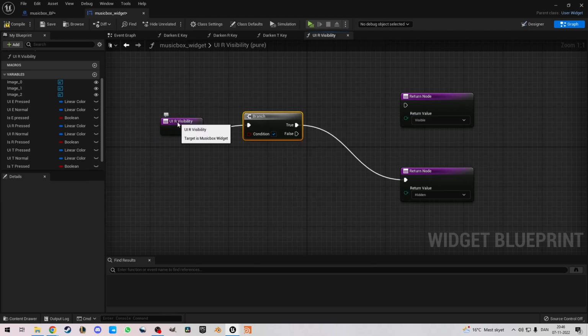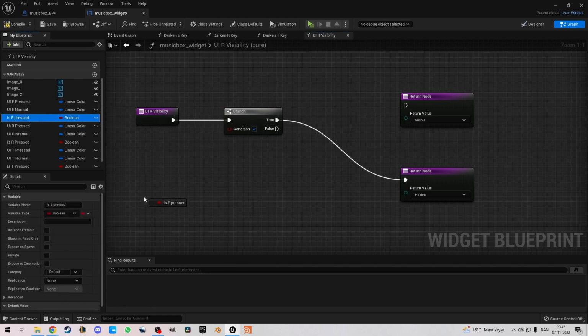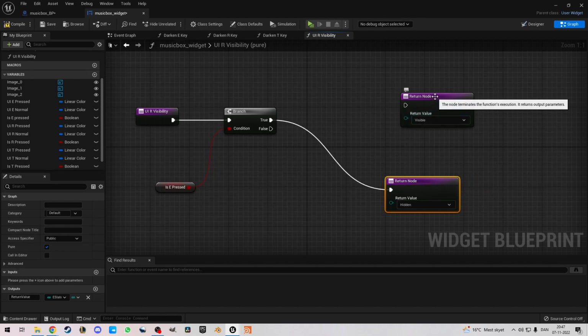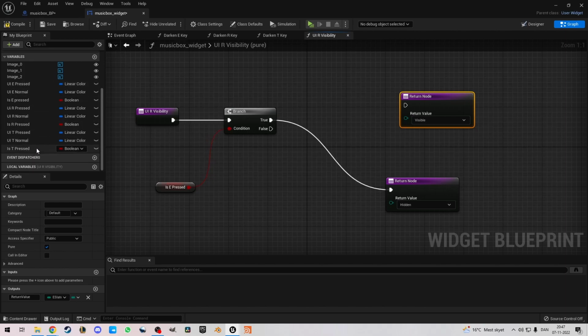There we are. Because I want to make a decision, and I want to make a decision on is E pressed. So I'm going to get it, I want to read it. I'm going to use this to measure if the user has activated the music box, so to say. The first thing that they will be prompted to press is E. So I want to check if they have done that. There we go. And if they have done that, let me see,